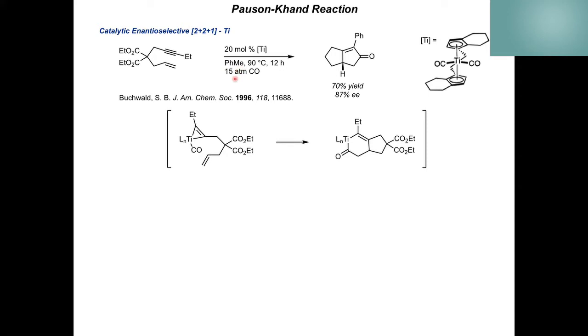And so the proposed mechanism here is again reminiscent of Pauson-Khand type chemistry, as is maybe unsurprising, but being able to use titanium in its role as an activator of